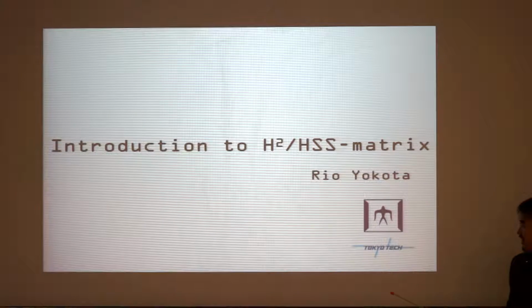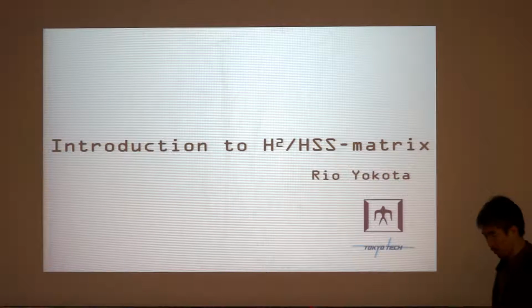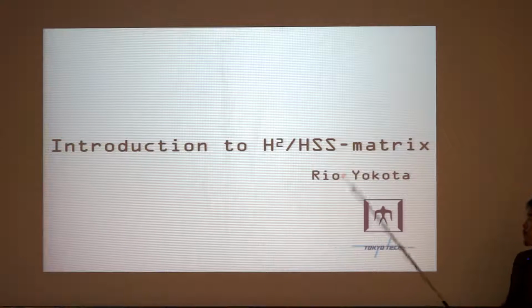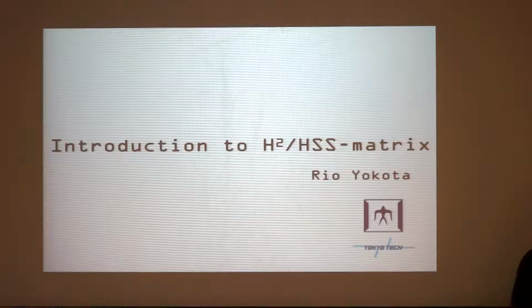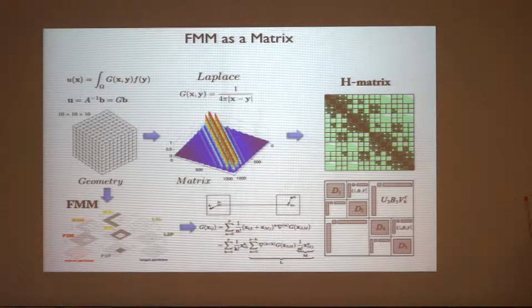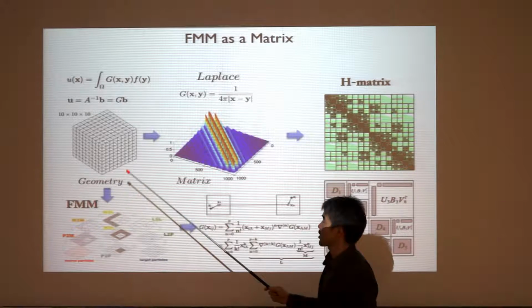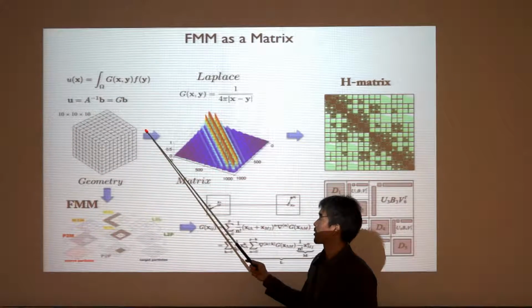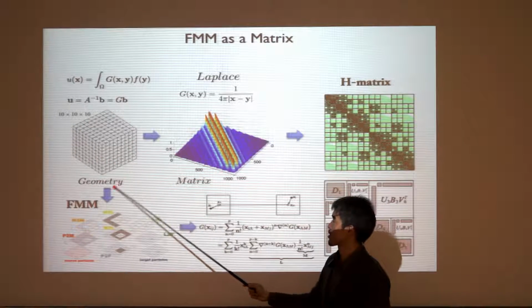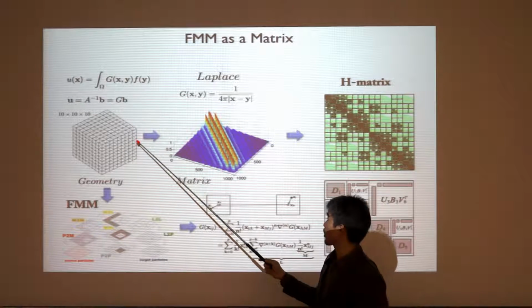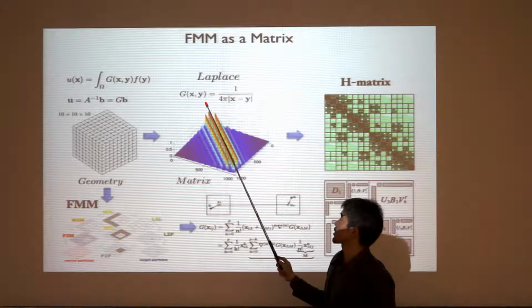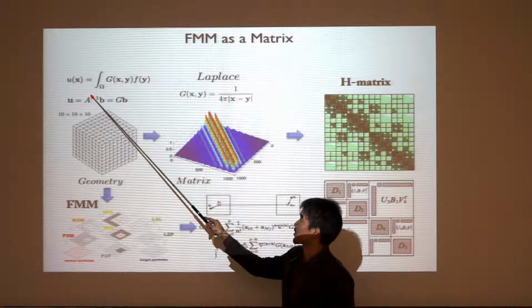Okay, good morning. Today is a continuation of the fast multipole method lecture, but I'm going to introduce the fast multipole in the form of a matrix. So it's the same concept, but this is what happens when you view the fast multipole method as a matrix operation. Say that you have a geometry of a 10 by 10 by 10 mesh, like you have a finite difference method. And then what the fast multipole method is doing is it's actually creating A inverse function and doing